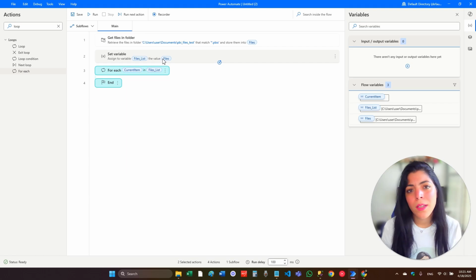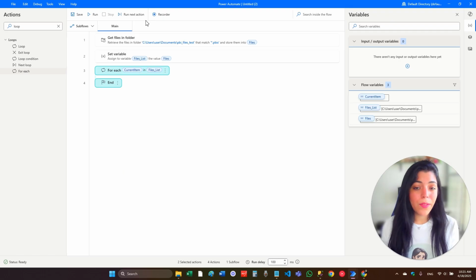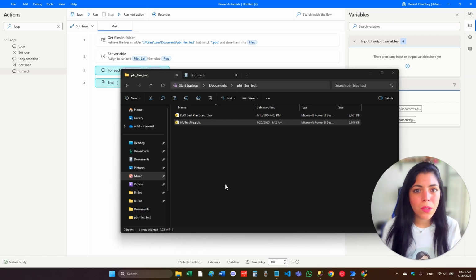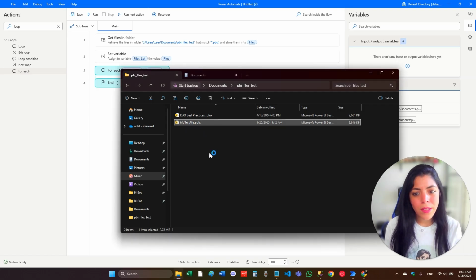The next step is going to be, because we run for each file, to open the file and then save it. Before I continue to creating the automation, I want to show you what is going to happen, because as I said, there is no API here. What's going to happen is really the steps that you would probably do if you did it manually. But as I said, this tool knows how to copy the action that you're doing and repeat it automatically. So what Power Automate does is open this folder, enter the file,